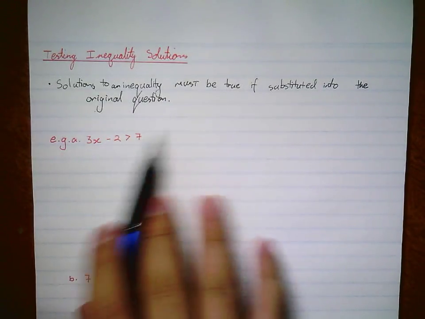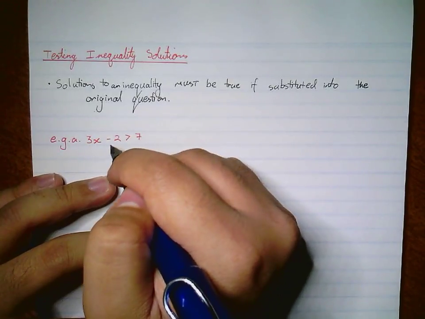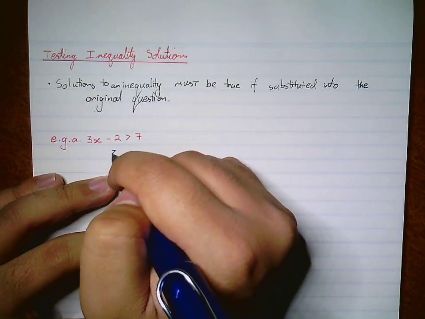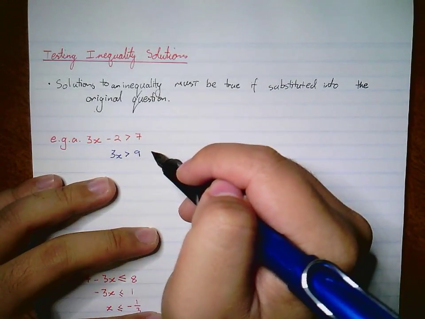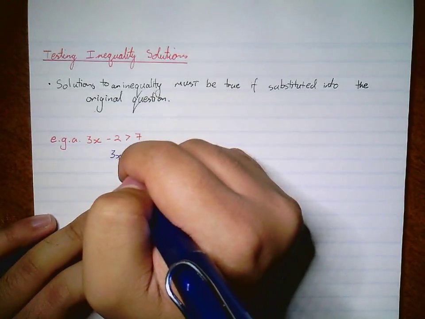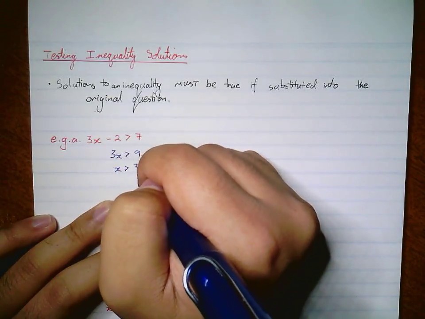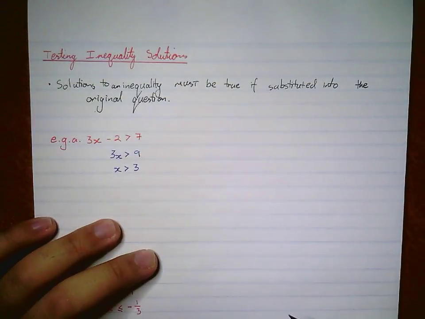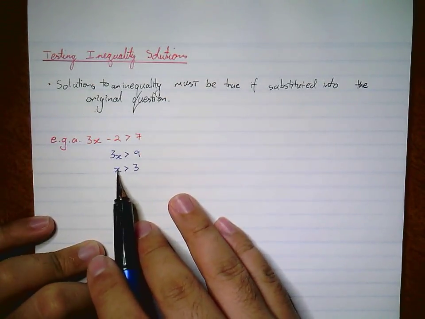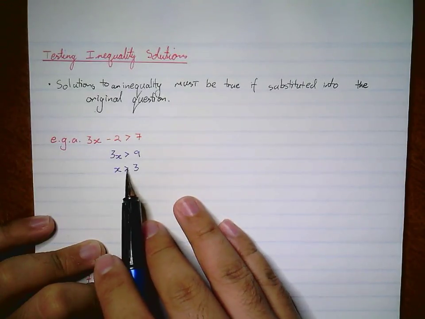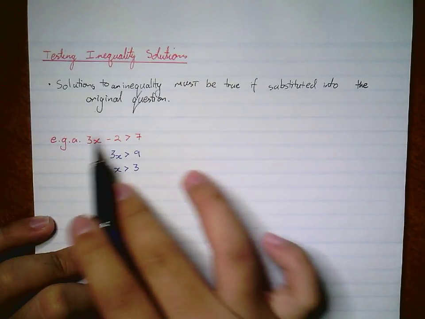Let's take a look at this example here and we'll solve this inequality. So first we're going to add 2, which gives me 3x is greater than 9. Then we are going to divide by 3. So x is going to be greater than 3, dividing by 3 on both sides. So now it says that if we substitute x is greater than 3 into the original equation, this original should